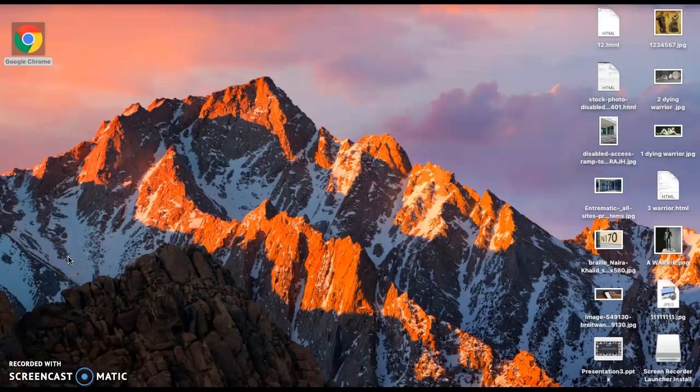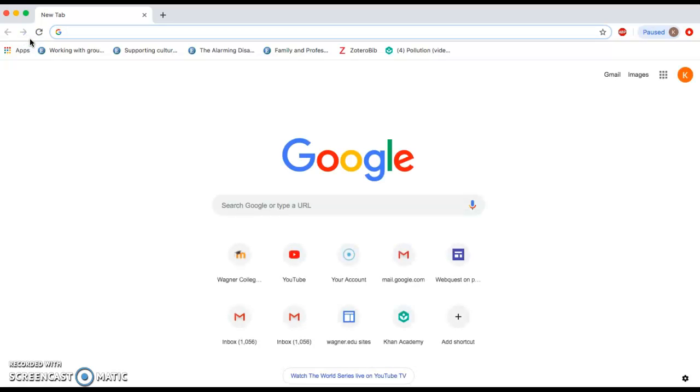First, you will move your mouse to Google Chrome and click twice to open. Now that you have opened Google Chrome, we will begin typing in the WebQuest URL. Type the following into the search bar: